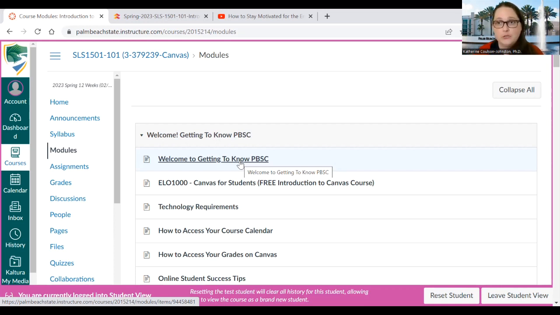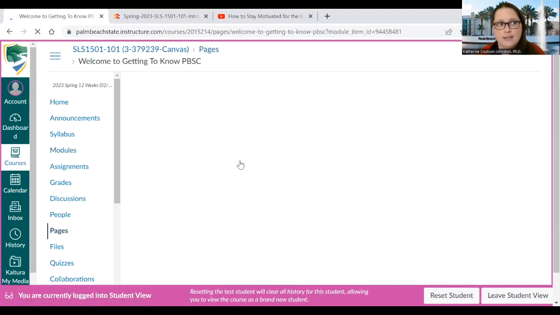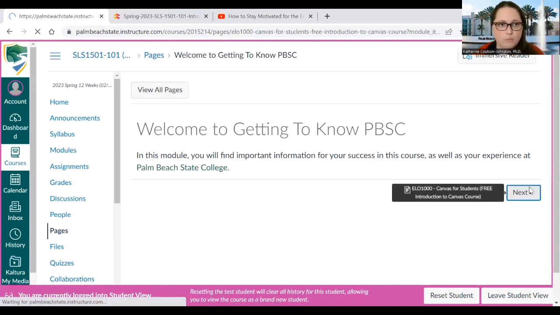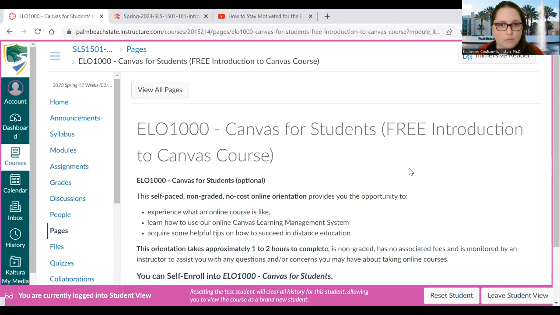So I want to really introduce you to Palm Beach State College because that's a huge component of this course, is just making sure that you understand what Palm Beach State has for you. So there is, and it's optional, a Canvas for Students Introduction to Canvas course.